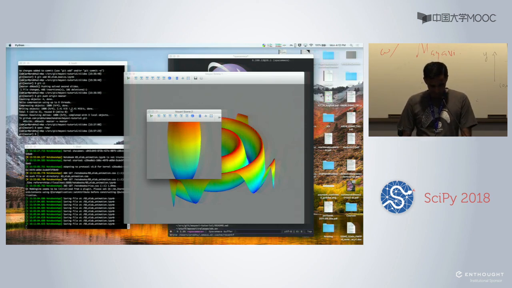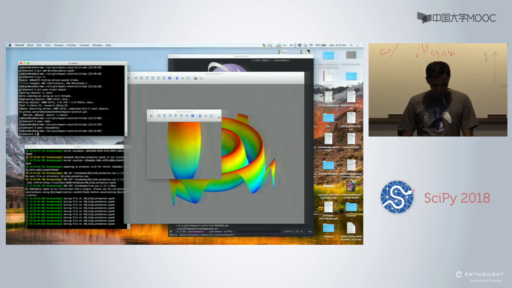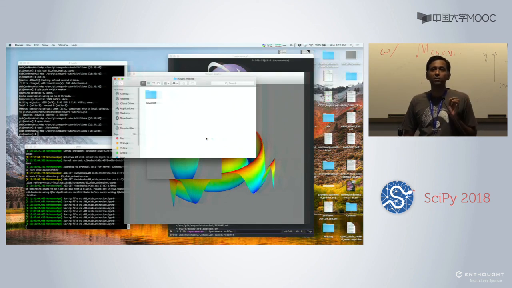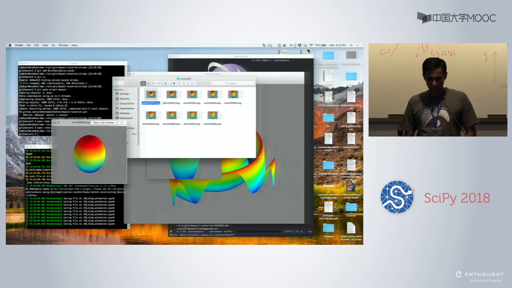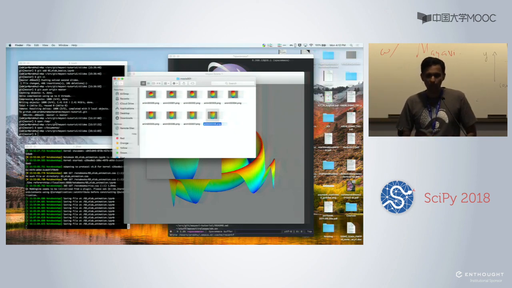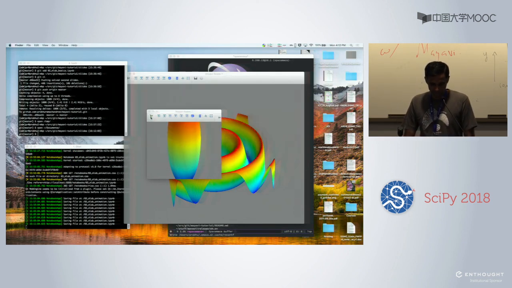But if I go to my documents directory, the default is Mayavi_movies in your documents folder. And that has this stack of images. All right? So it's just a convenient thing. If you have an animate function you just wrote that you decorated, you can just turn on the record and it'll automatically dump a stack of images for you. Is that okay? It's just another convenience. Okay. All right.